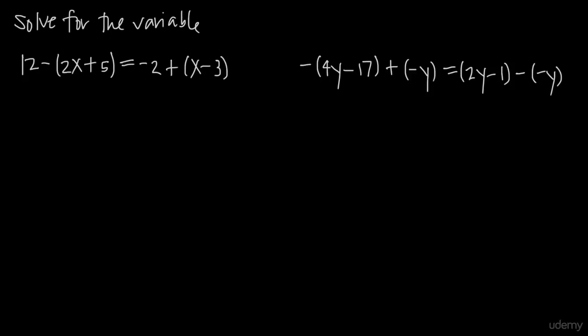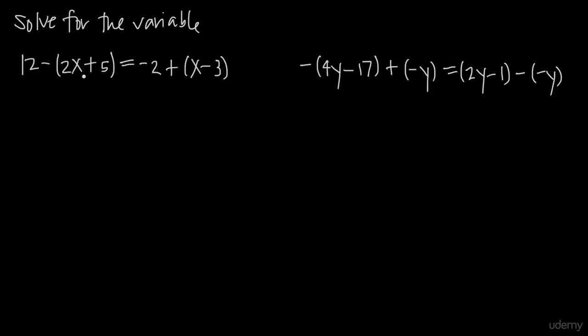In this video, we're talking about simple equation solving and how to solve equations when there are parentheses inside of the equations. So in this first example, we have 12 minus the quantity 2x plus 5, where we have 2x plus 5 inside parentheses, is equal to negative 2 plus the quantity x minus 3, where we have x minus 3 inside parentheses. So sometimes people think that the equation is somehow changed when we have parentheses involved, but really